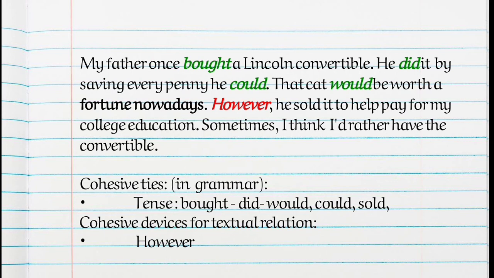And then the cohesive ties in grammar. As you can see, there are some words again that were highlighted green, and also some words highlighted red. The cohesive ties in grammar, such as the words bought, did, would, could, and sold, are in the past tense. And also cohesive devices for textual relation. However,